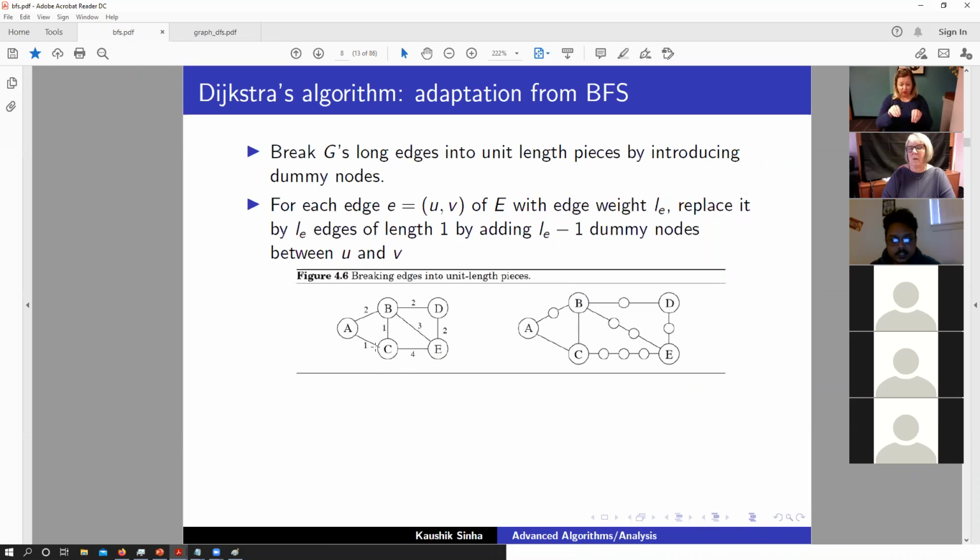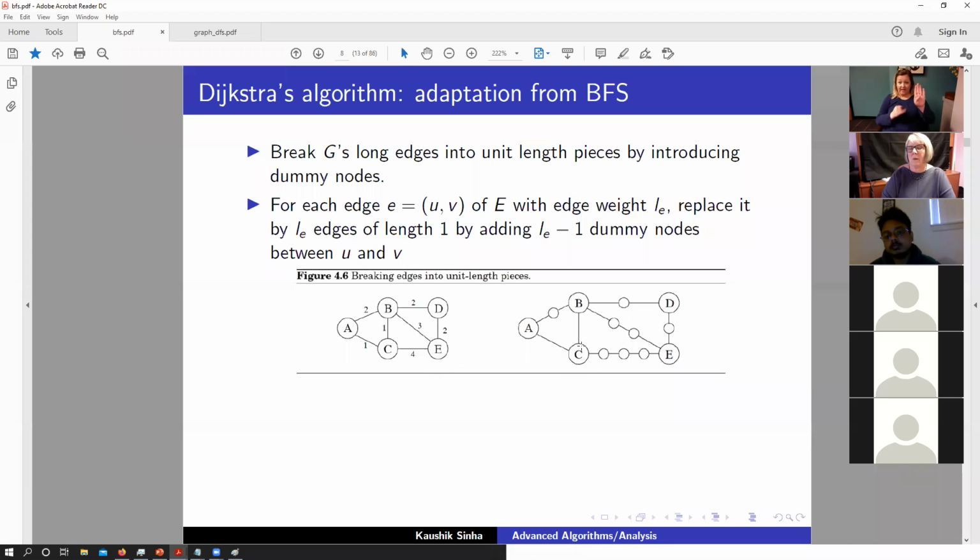So let's say that we have this particular edge from C to E that has a distance of 4. So instead of designing a new algorithm instead of BFS, we can still apply BFS, but instead insert 3 dummy nodes between C and E. And we see that every edge unit is still a single unit length, so that is 1. But now we have to go through 3 of these edges, and that gives us a length of 4 to get to E from C. And if the weight is 3 in this case, let's say from B to E, we insert 2 dummy nodes and so on.